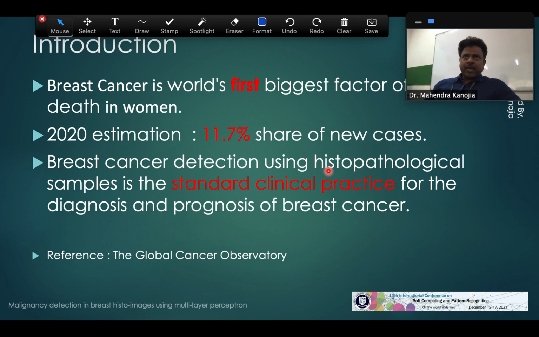When a patient is thought to possibly have cancer, first a mammogram is taken or a physical examination is done by the doctor. After that, to confirm the case of cancer, and even the stage of cancer, the very important standard clinical practice is to go for histopathological analysis.